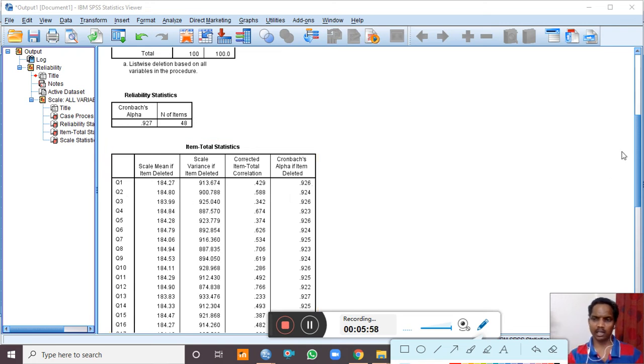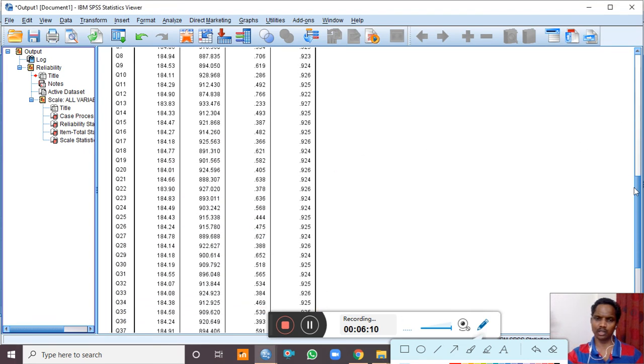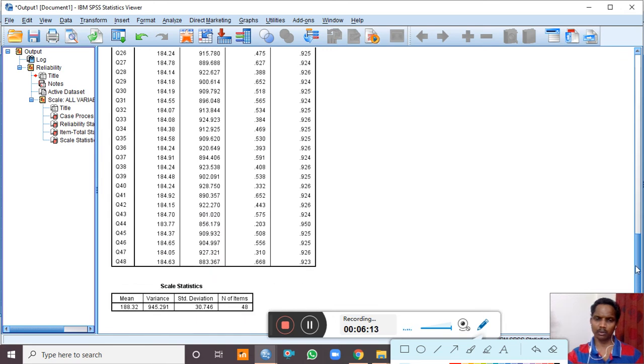So if you want to increase the reliability score above 0.927, you can check this column, Cronbach alpha if item deleted. If you remove any item which shows a value more than 0.927, yes, this is one of such values, 0.950. So if you remove this question, where is that? Yeah, 0.950. If you remove this question 44, your reliability will be enhanced to 0.950. So again the tool will be a better, more reliable tool.